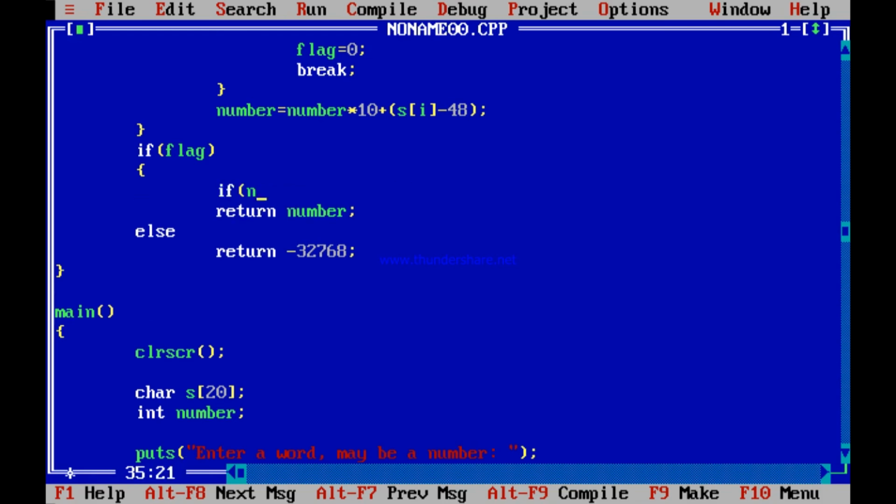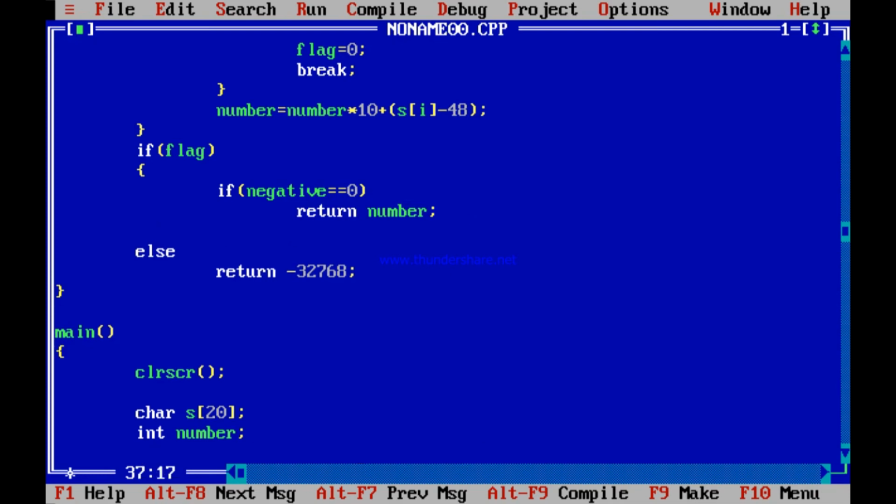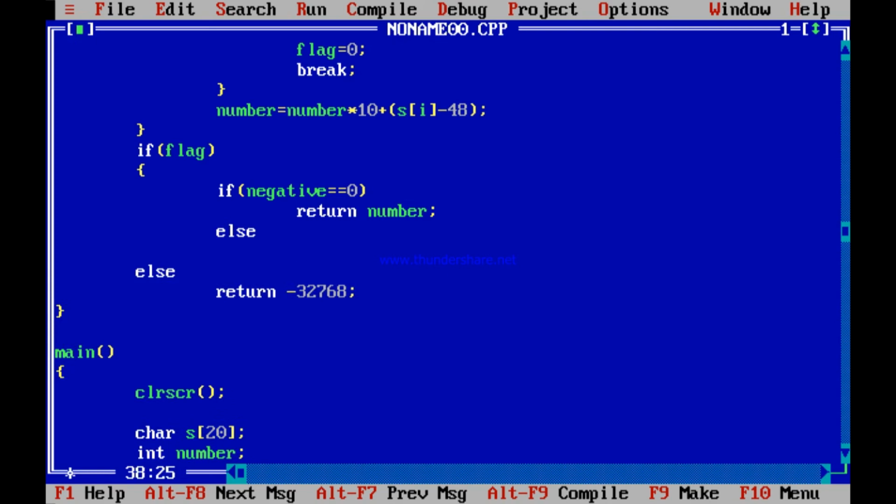If negative is equal to 0, then you return the number. Else, if negative is 1, it is a negative number.